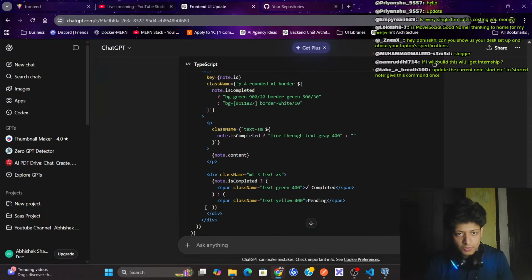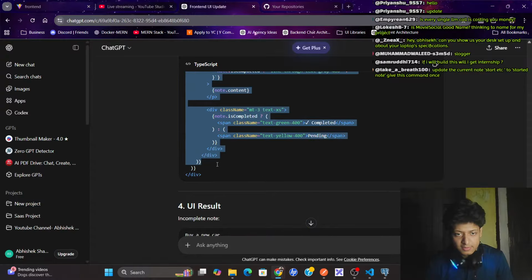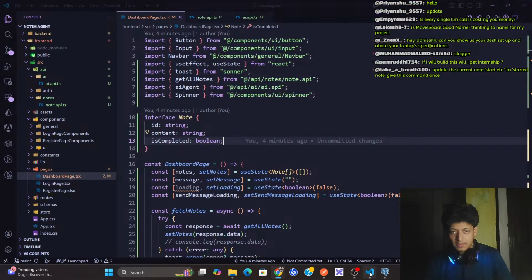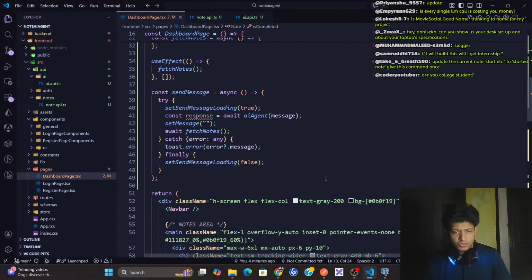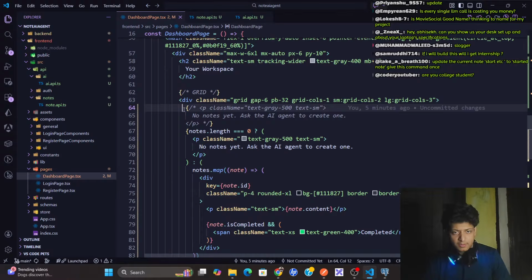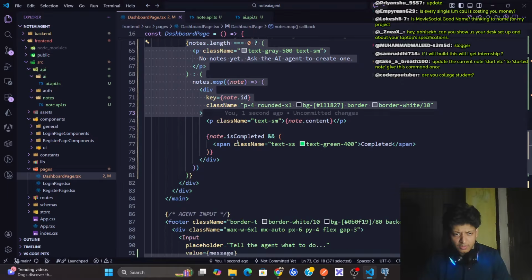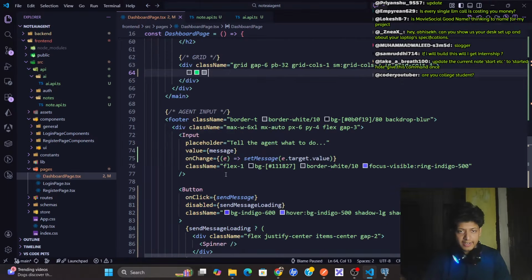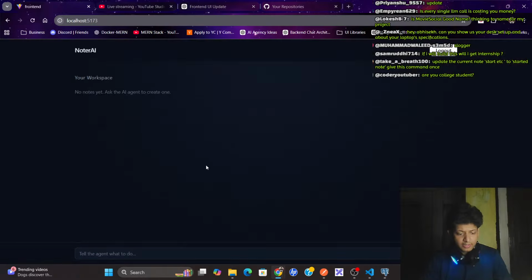So here I can add it like this from here, and then come here and notes here. Remove this part, and from here to here I can add this. Okay, fine.